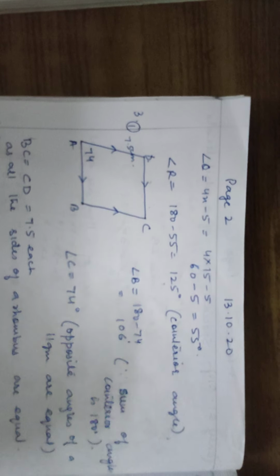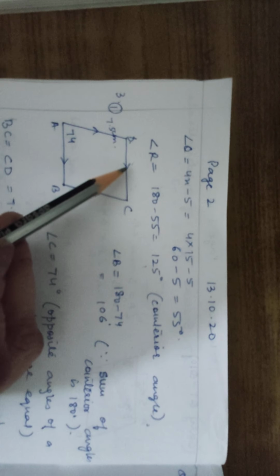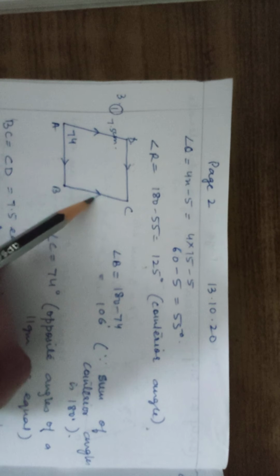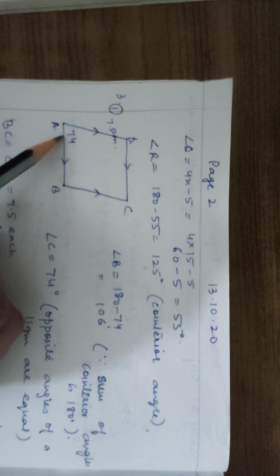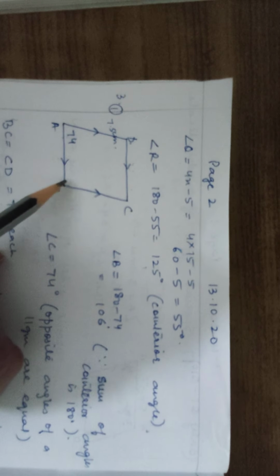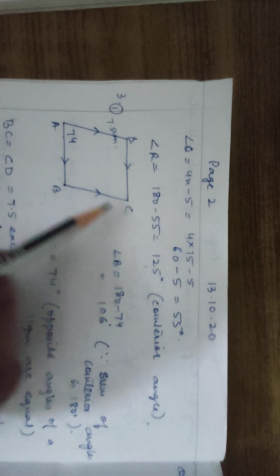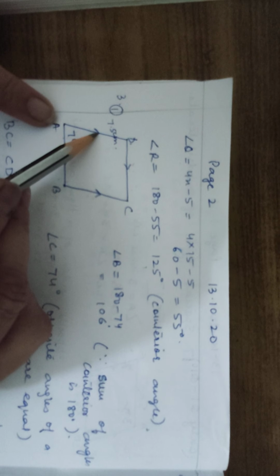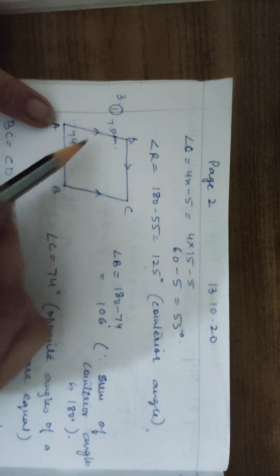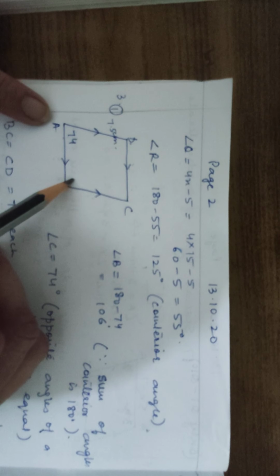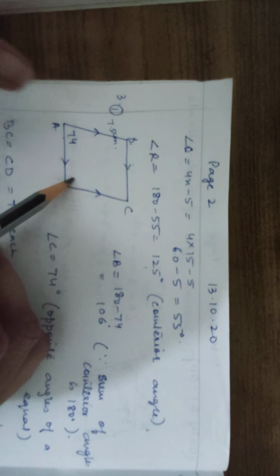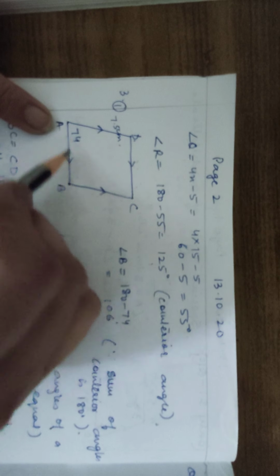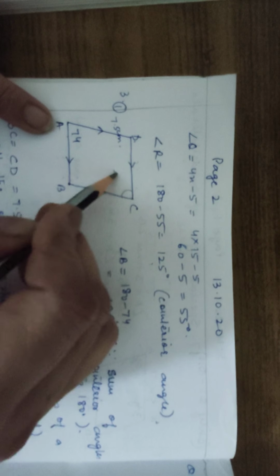In next question number 3, it is a rhombus. In a rhombus, as I have already told you, all 4 sides are equal to each other. This is parallel to this and this is parallel to this. One angle is measured as 74 degrees and they are asking the value of angle B and angle C. Since these two sides are parallel, co-interior angles exist. This plus this should be equal to 180. You can use this property or the property where the sum of these 4 angles is 360. This is 74. This will also be 74.